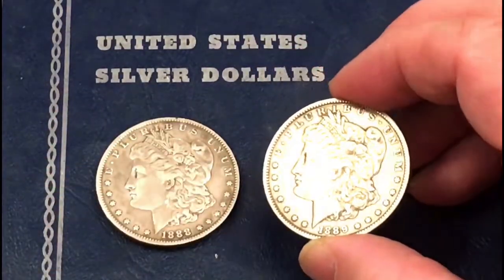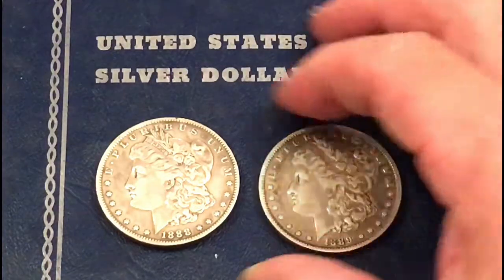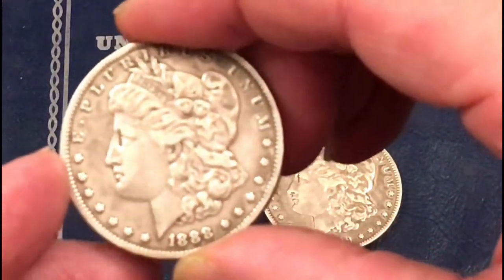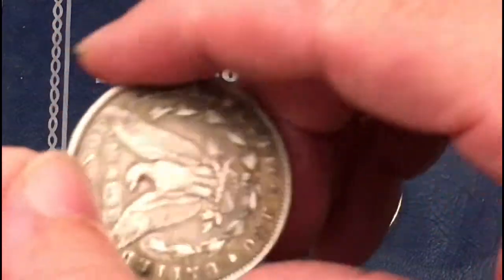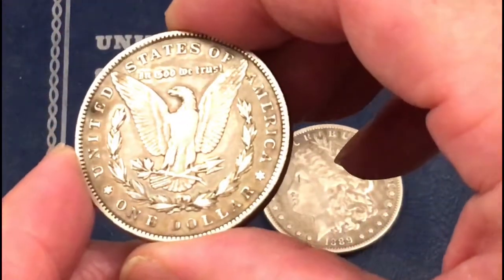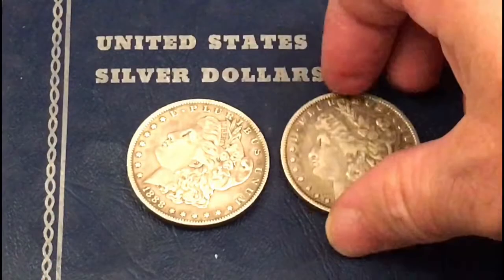So before I tell you how I got these coins, let me just show you what I actually have. I have 2 Morgan silver dollars. One is 1888. They're both in pretty nice condition. This one is a Philadelphia mint. There's no mint mark. And this other one is